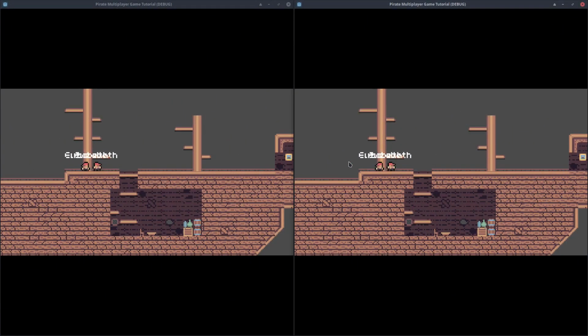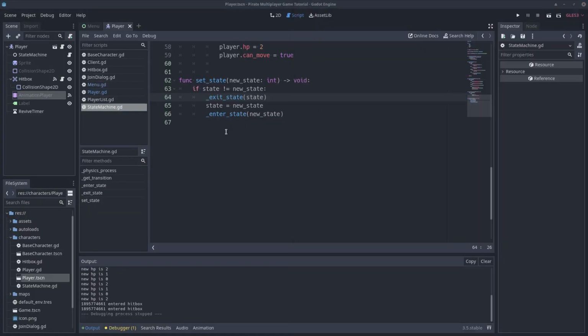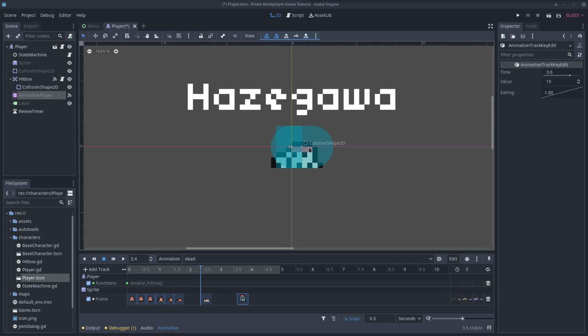If we play the game now, the players should revive 7 seconds after dying. As we can see, they are indeed resurrecting 7 seconds later, but the animation is not correct. I found the problem. We have to change the death animation of the base character too.